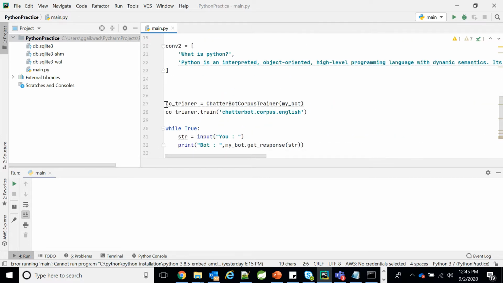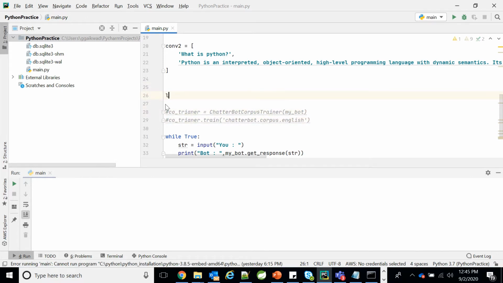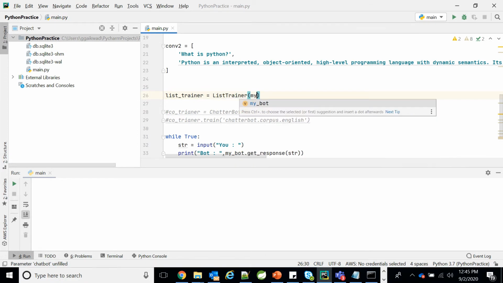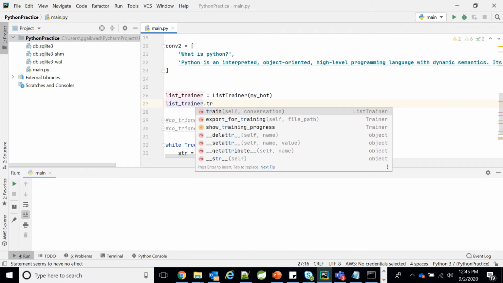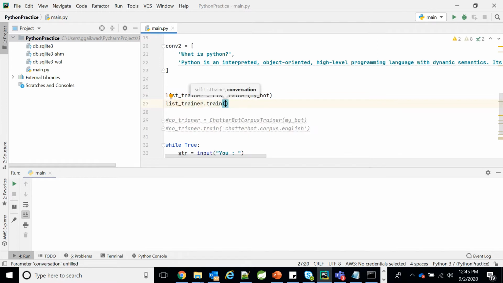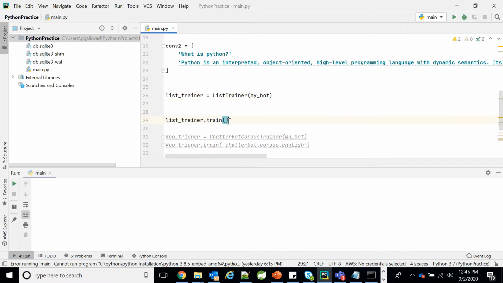After that, I will comment out these two lines that we wrote in the previously created videos. For creating a list trainer, I will create a variable for it, list trainer, and I will pass the bot to it. After that, I will invoke the function list trainer dot train, and in the train we have to pass the data. But it takes only one argument, so before that we have to do a for loop, for item in